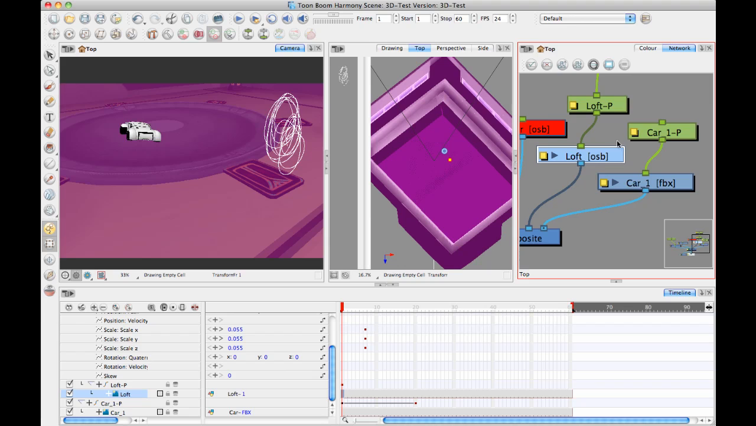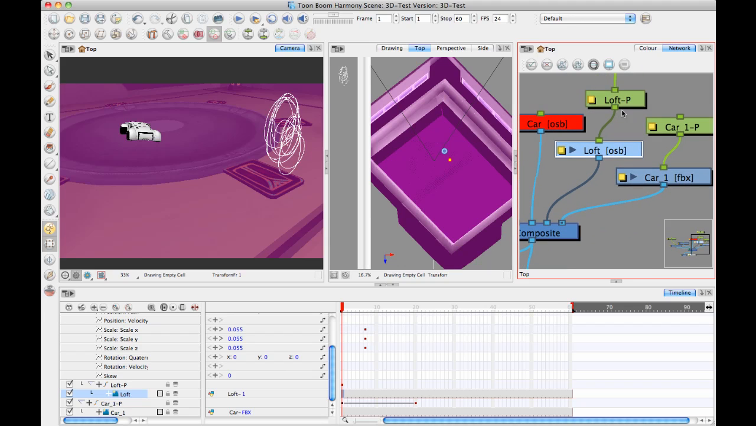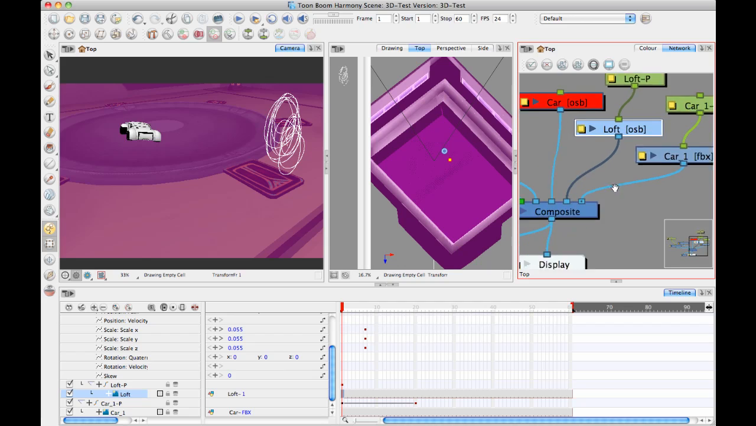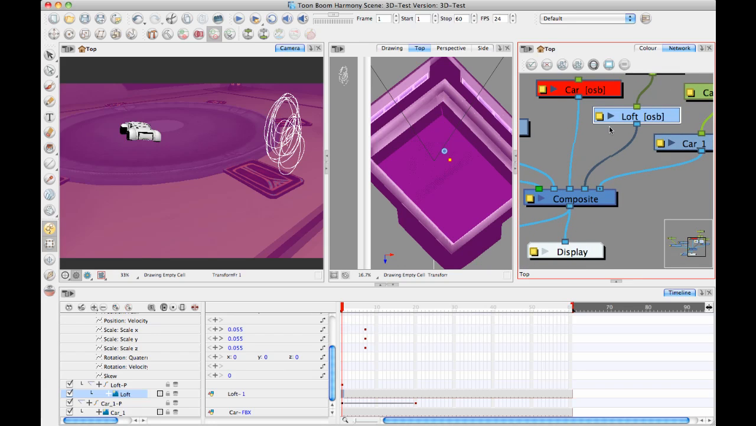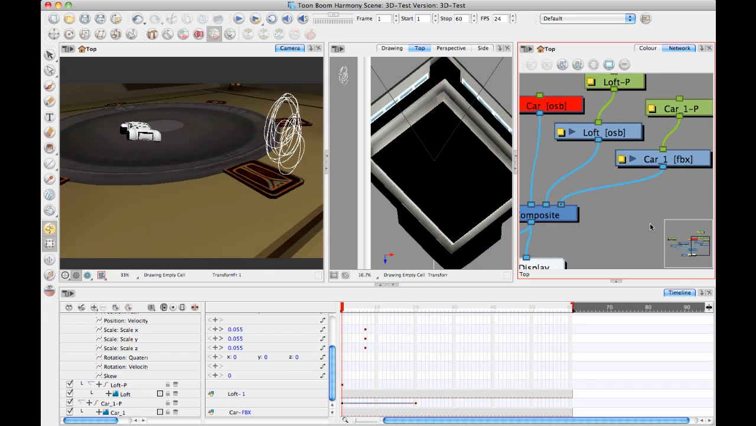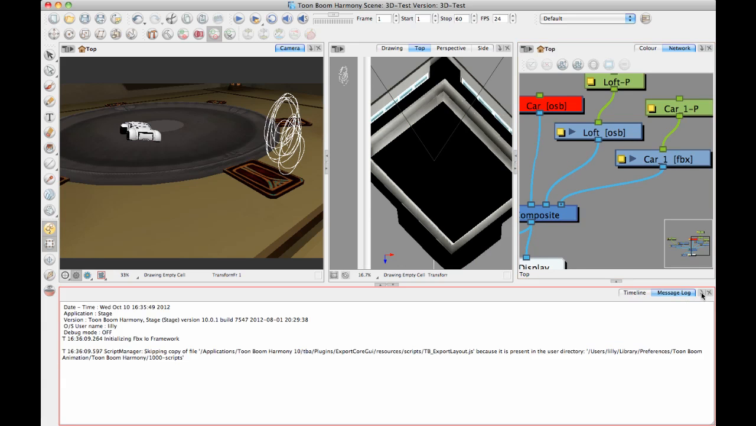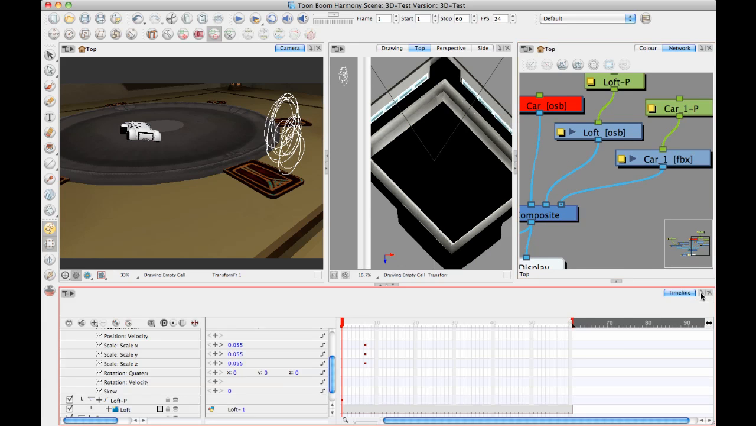But at this point, what's happening is it's loading in this OSB or the FBX, and it's just keeping it as a model, and you have an OpenGL preview, and once you hit the composite, that OpenGL preview gets flattened down to an image. But at no point are you actually rendering out the final image. So to render out the final image, this is where we go